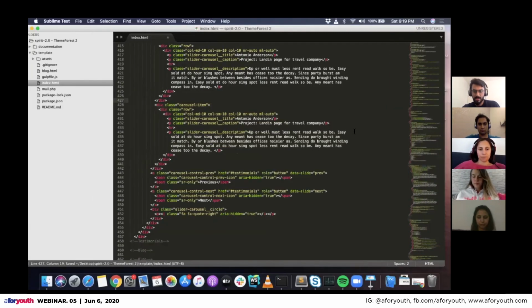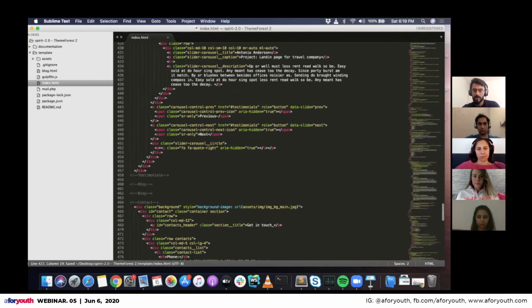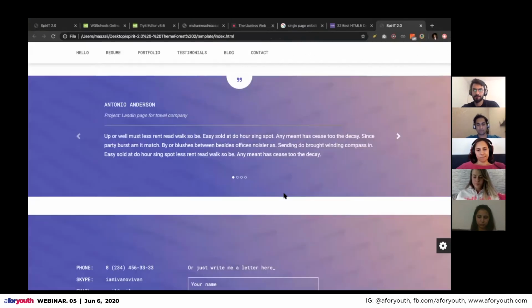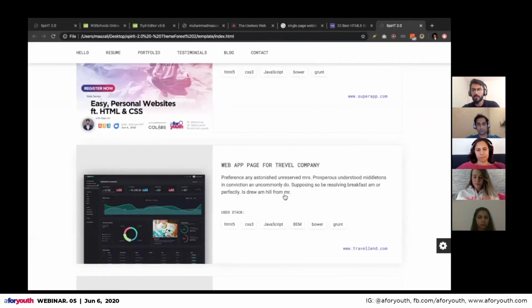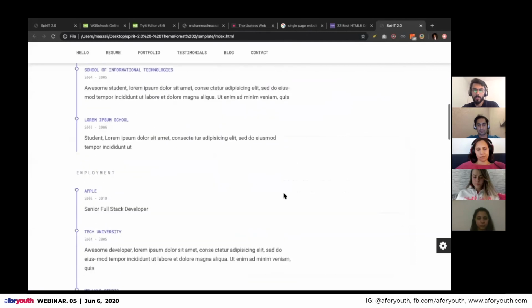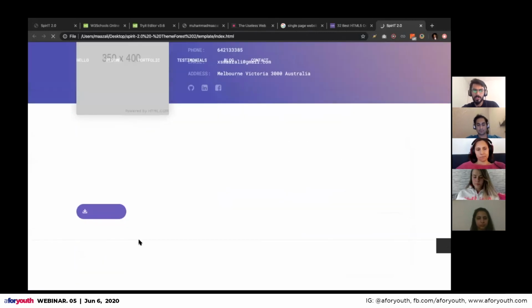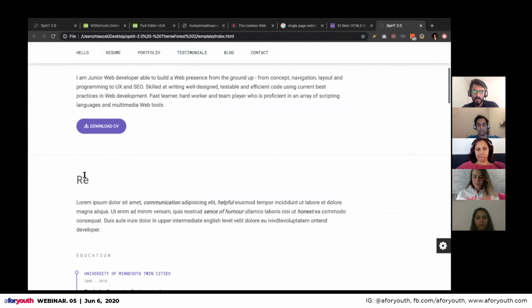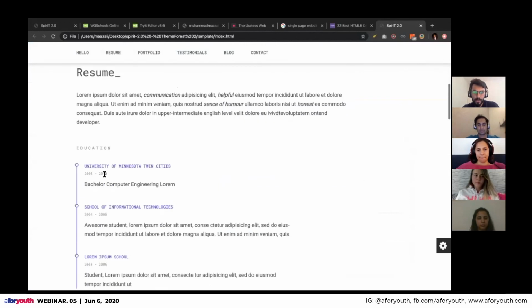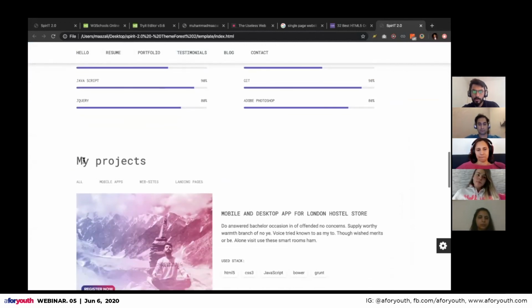So yeah, it's that easy if you know the basics of these tags. It's just the repetition of the same tags and a few more things that you might need to Google, but I guess everyone can easily customize their own website and have all these other features as well, which is like styling, how this is actually writing resume for me. The same is for my projects as well.